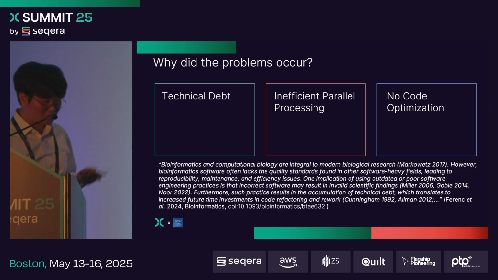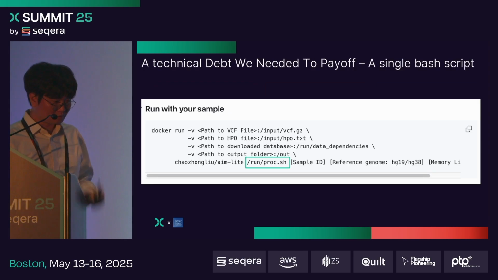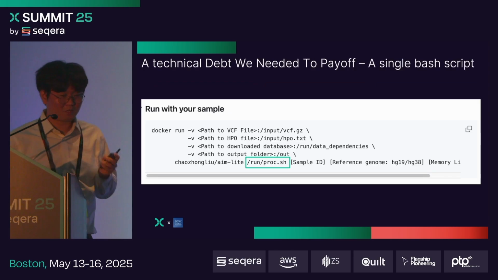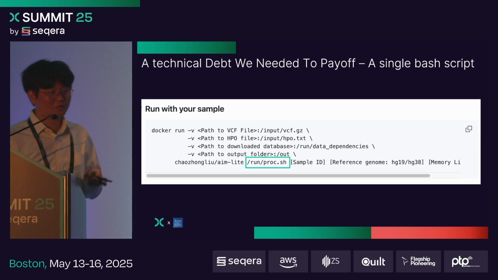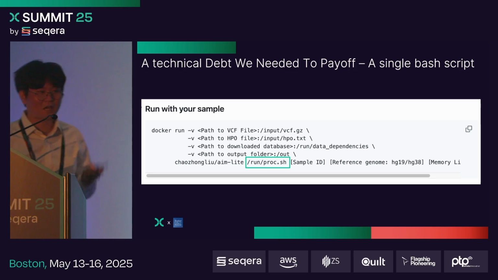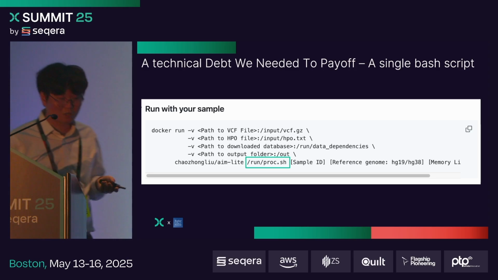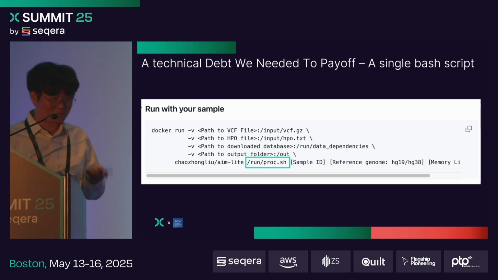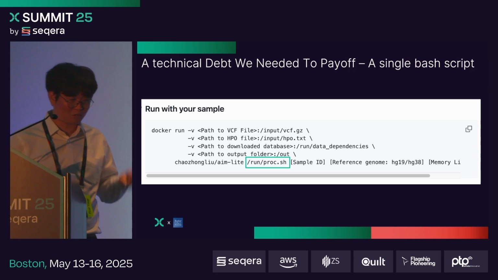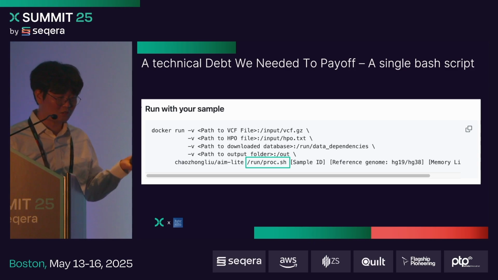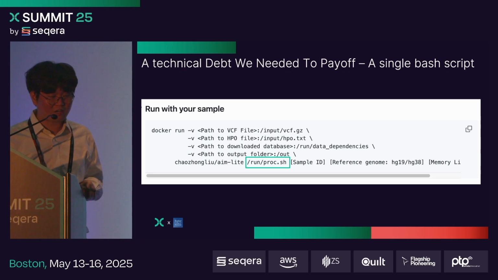So this is a story of how the technical debt happened. This is the very first version of how you execute AI-MARRVEL with Docker. Looks great. It's simple to use: you just put in some parameters and declare what package you are going to use. Then there's one file called